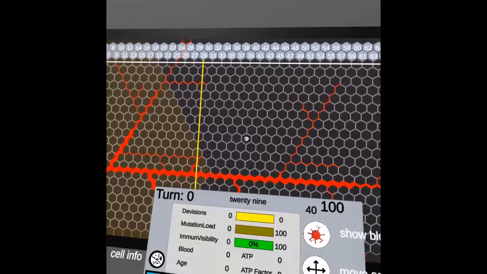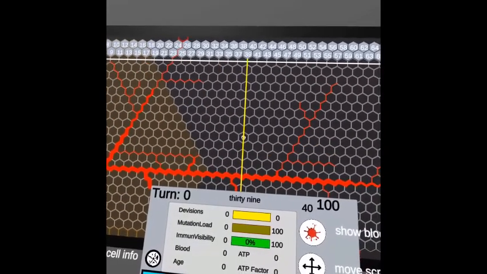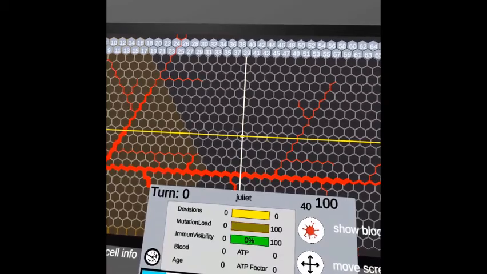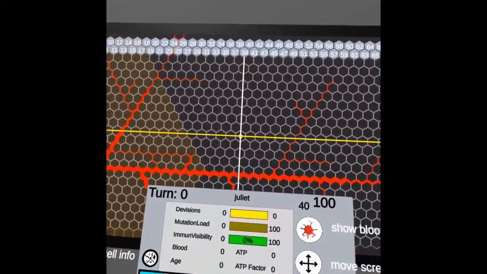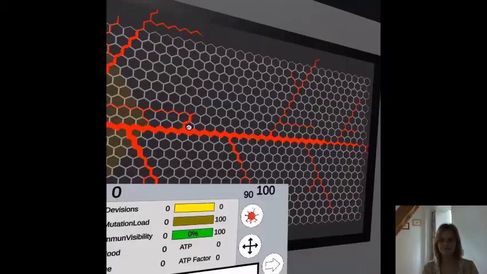And the difference here is that all the cells have a number and a letter to position the lines. Yeah, that was the game.